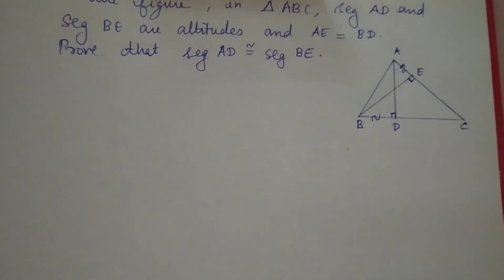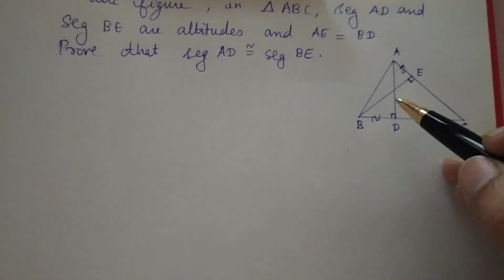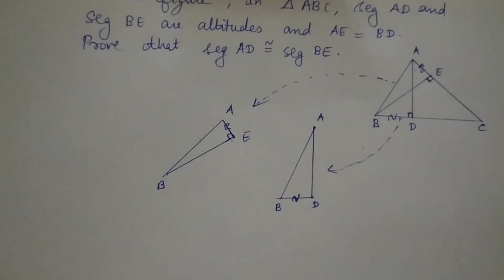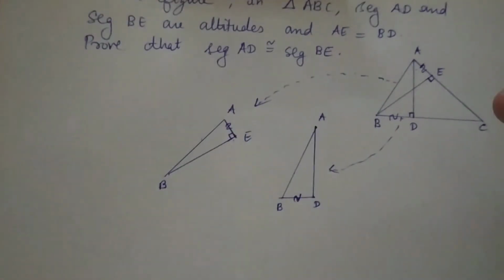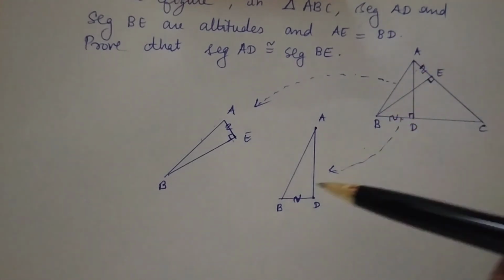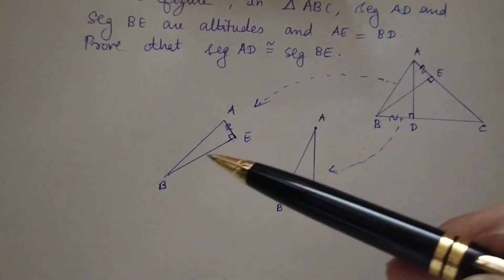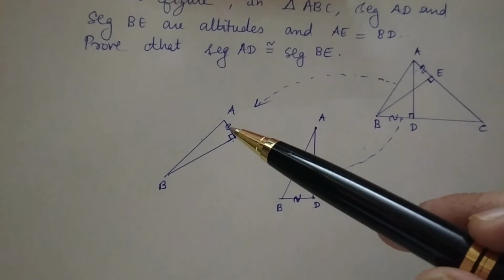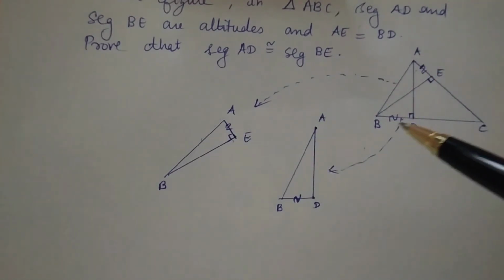Okay. Now, how am I going to prove these two triangles congruent? If you don't understand, I'll just separate these two triangles for you and show it to you, so it becomes easy. For your better understanding, I have drawn these two triangles separately here so that it becomes easy to find the congruency between them. I have drawn triangle ABD here, and triangle ABE here. I have drawn the perpendicular signs and the congruency signs as well.